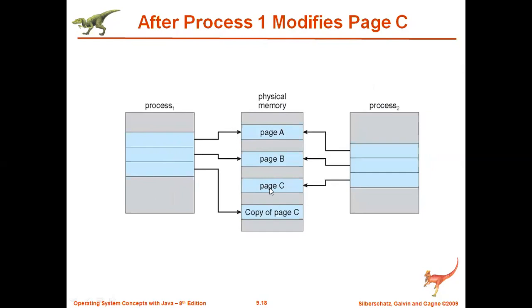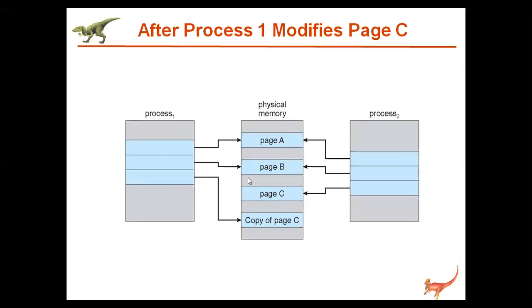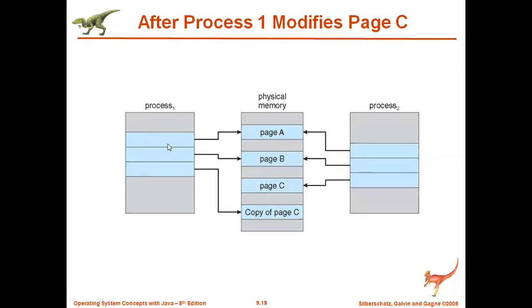In that case, we will not give access to process 1 directly. If it wants to modify, then we will give a copy of page C to process 1. That is, you will make two copies of page C: one copy stays with process 2 only, and one more copy, which process 1 wants to modify, will be copied and given to it, so that whatever it does, it is its own copy. The copy happens only when someone wants to modify.